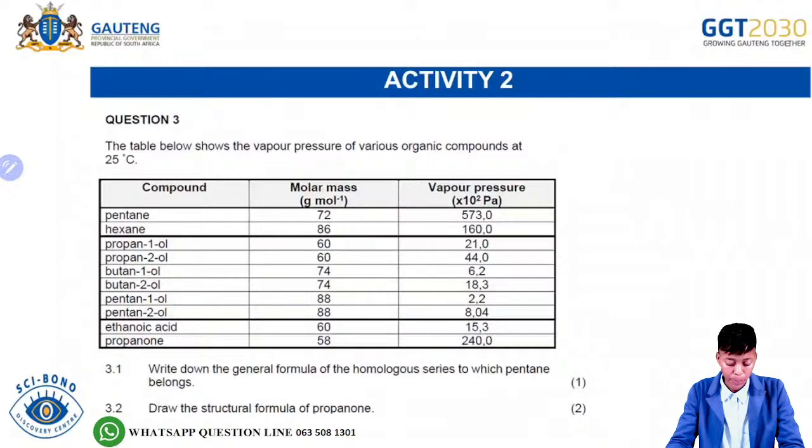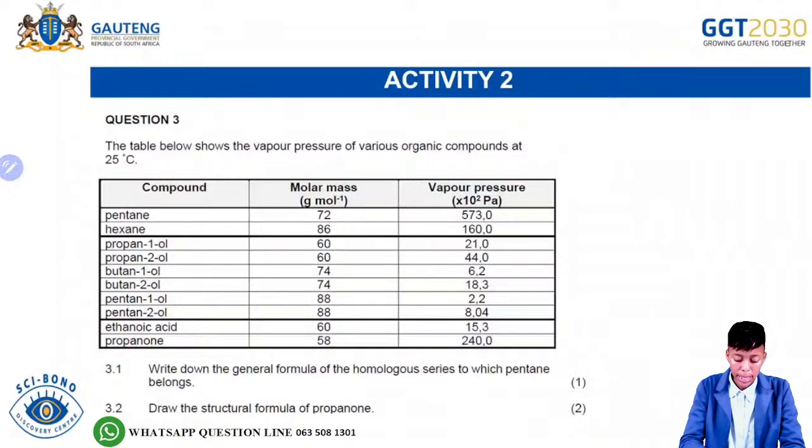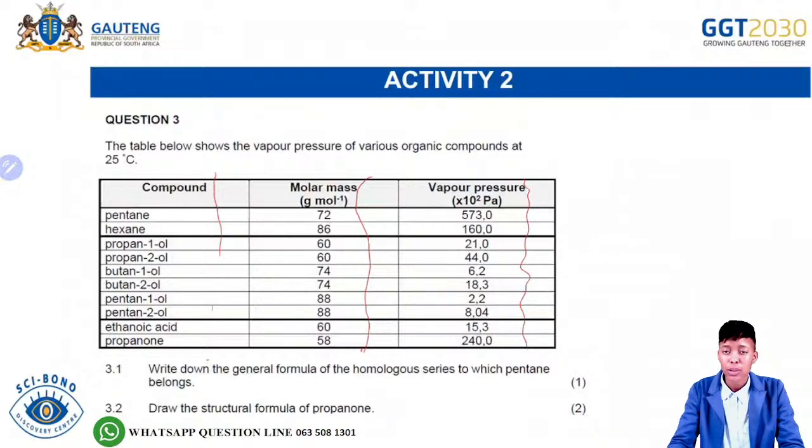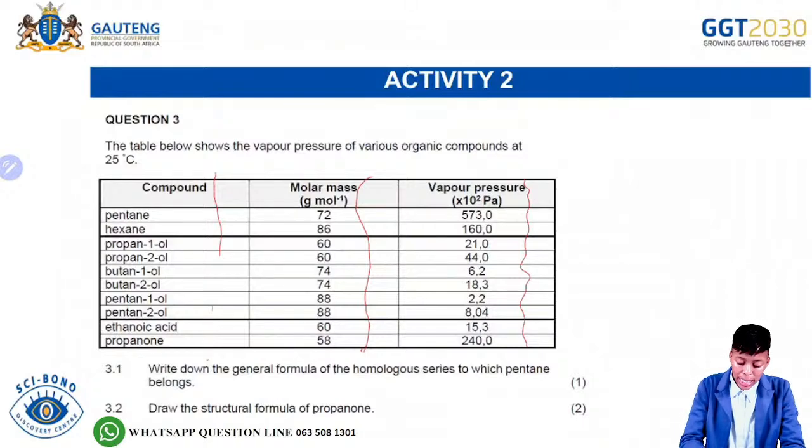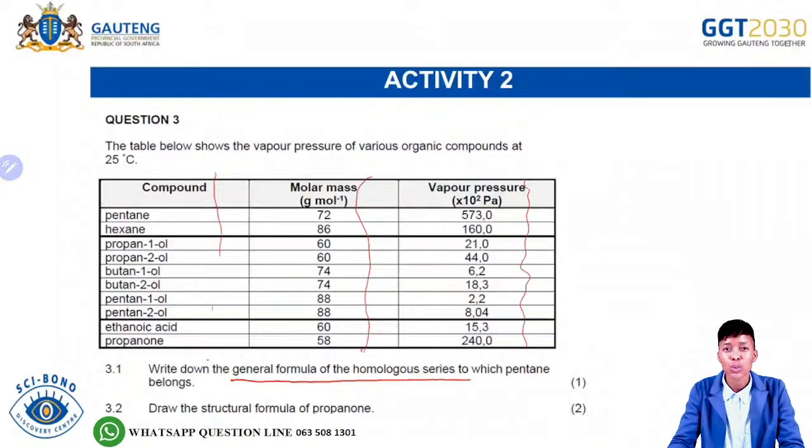Okay. Then the next one here says the table below shows the vapor pressure of various organic compounds at 25 degrees. So we are given the compounds, we are given the molar mass of the compounds, and then on the last column we are given the vapor pressure. So 3.1 says write down the general formula of the homologous series to which pentane